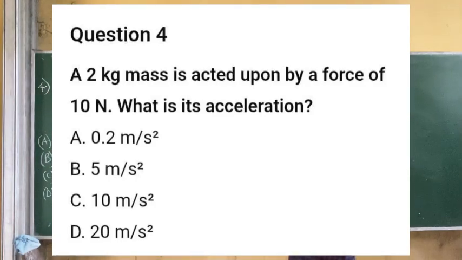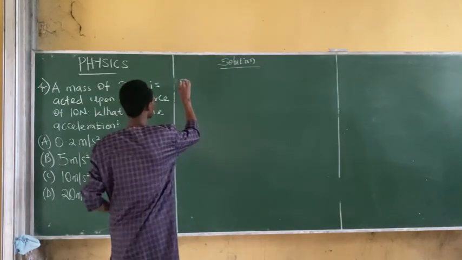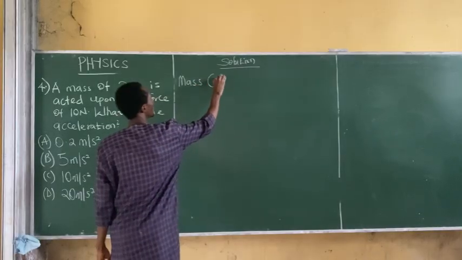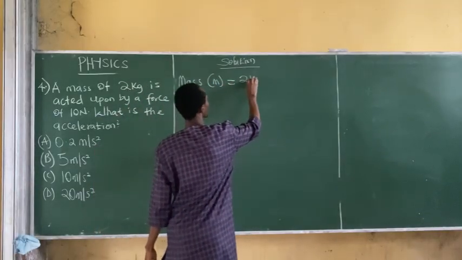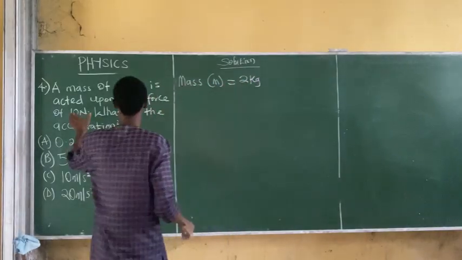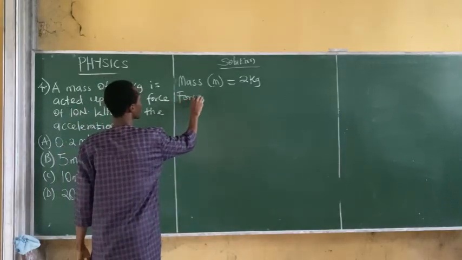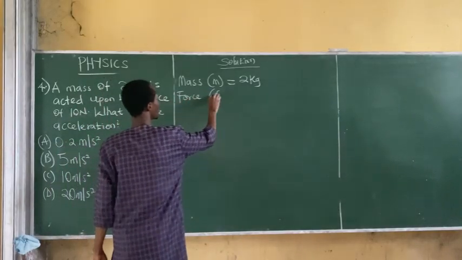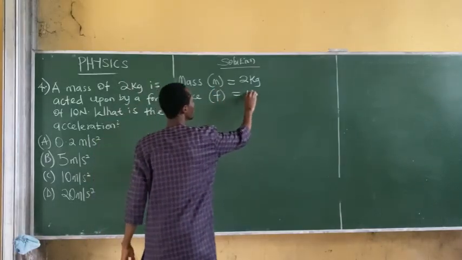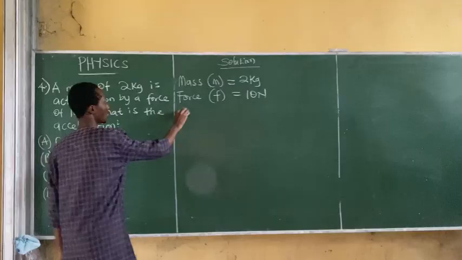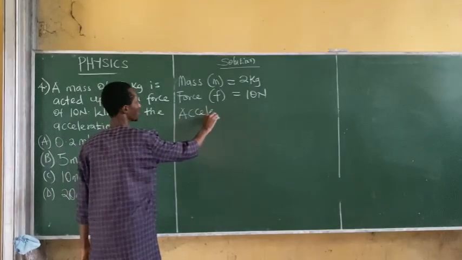Now, in this question, let's write out the given parameters. It says a mass of 2 kg. So you are given mass to be 2 kg. It says acted upon by a force of 10 newtons. You are given force to be 10 newtons. They say what is the acceleration? Acceleration